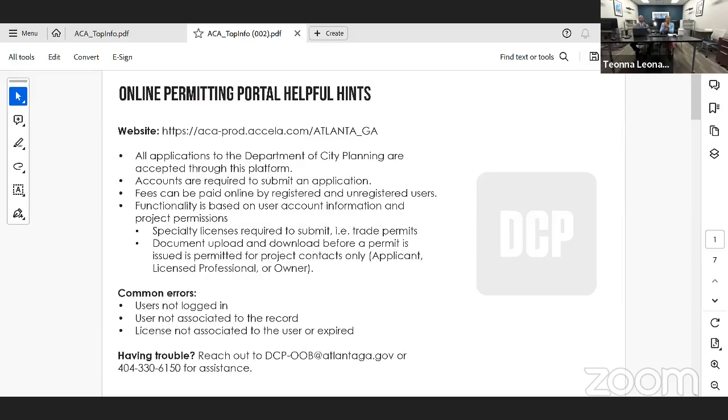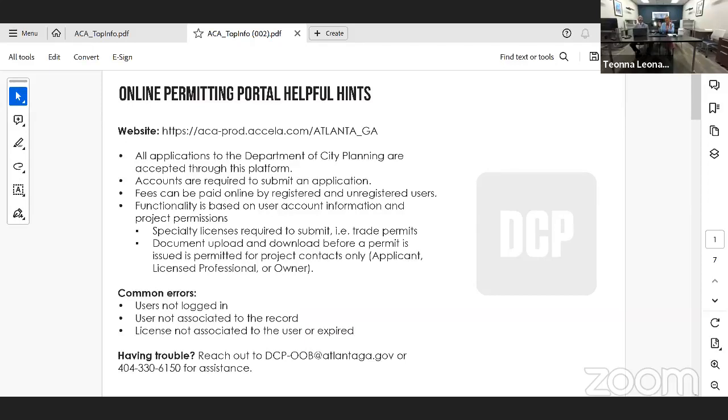All applications to our department are accepted through this platform, whether it's for a building permit, entitlement, historic preservation, or the arborist. All of these applications are submitted through this platform. You are required to have an account if you would like to submit an application. You also are required to have an account if you want to review information in this portal.